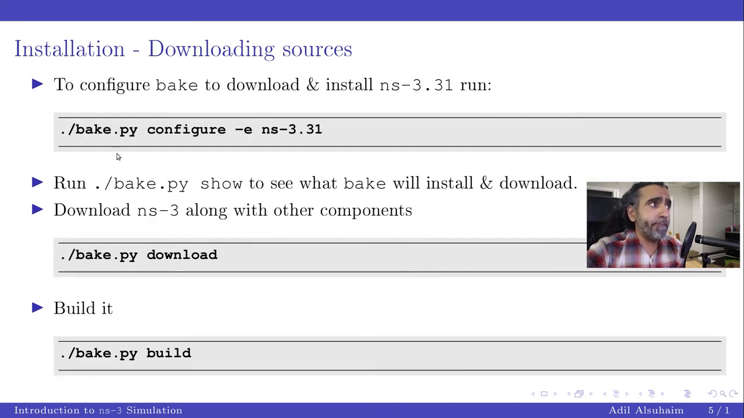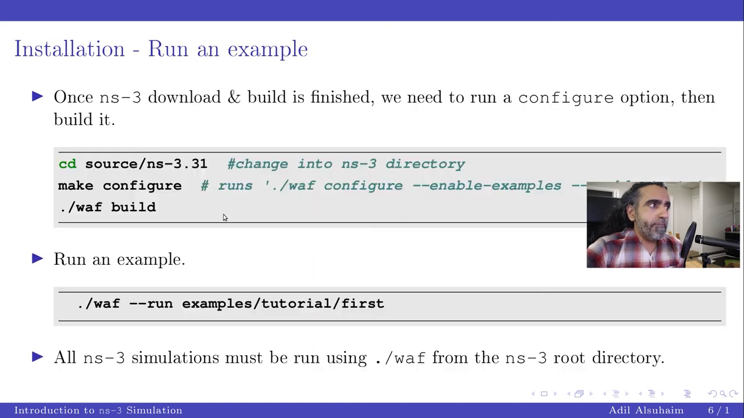So if you have it running, Bake configure, this is the latest version, 3.31 at the time of making this video. Download and then build. And then basically go to the directory ns-3.31 and then do make configure, which actually runs this command: configure --enable-examples --enable-tests, WAF build, and basically you build it. Once the build is done,